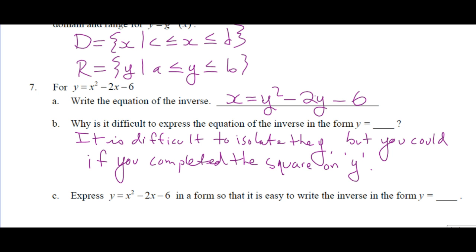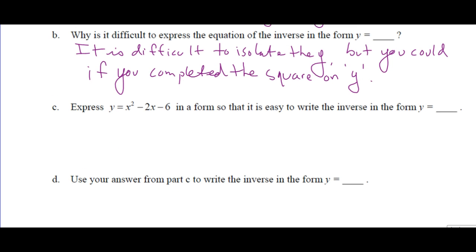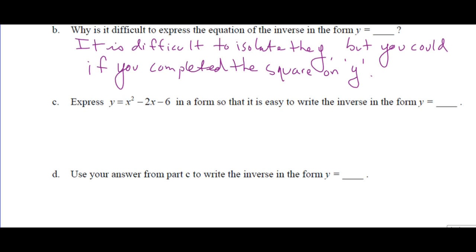Right, because if you could write that as like y minus 1 quantity squared plus whatever, 10, then you move the 10 over and you square root both sides and you do the one thing and you can isolate the y. So you can isolate the y, you can't really see it right, like not easily, right? You have to complete the square on this and then do some further work, okay, which we're not asking you to do. Express y equals x squared minus 2x minus 6 in a form so that it is easy to write the,